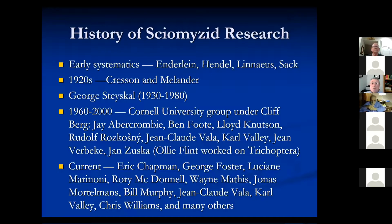1960 to 2000 was the golden age of Sciomyzidae. Cliff Berg was the fellow who discovered that larvae consuming the snail in Alaska. He came back to Cornell, got massive amounts of grants from the World Health Organization, from National Institutes of Health, public health organizations, and he just happened to have a cadre of brilliant young researchers. Among them were J. Abercrombie, who became the South American specialist, Ben Foote, who reared species after species and described all the life stages, Lloyd Knudsen, who organized all the rest of us and kept us in the saddle and going at top speed, Rudolf Rogozhny and Jean Verbeck, who did the same thing over in Europe,